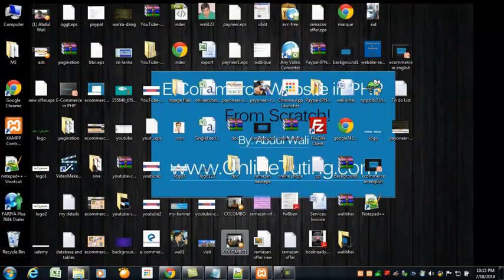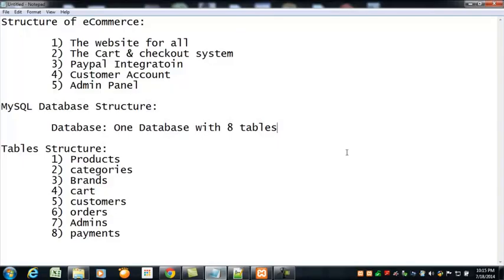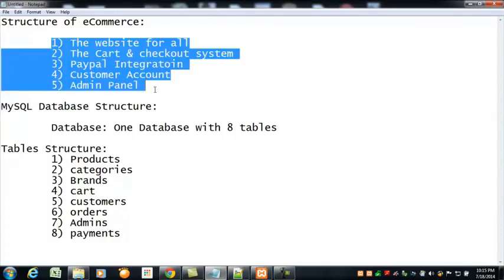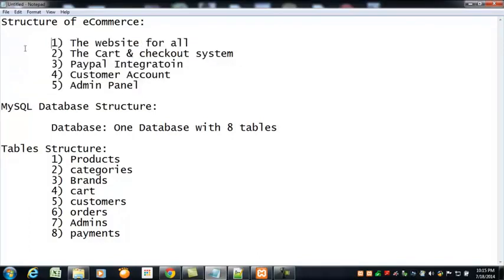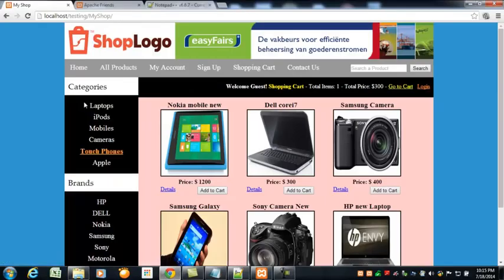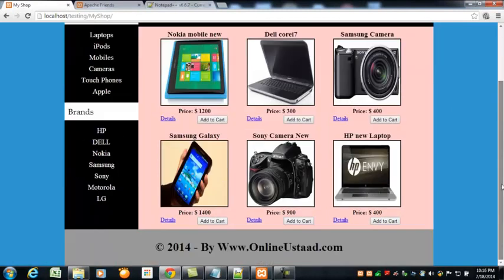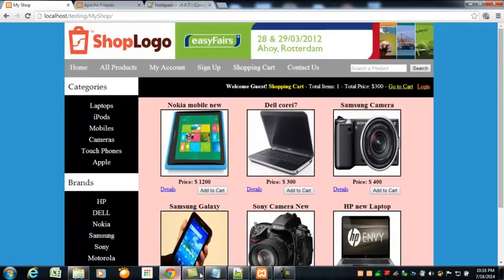So okay, after a little bit of introduction about that, now I'm going to tell you the structure of this e-commerce project that we are going to create basically. The simplest five sections of this whole e-commerce project will be like this: the website for all. We will create the whole website. You can see over here in our browser this whole website for users, for customers, where they can see everything,